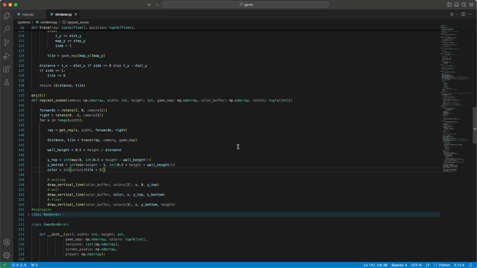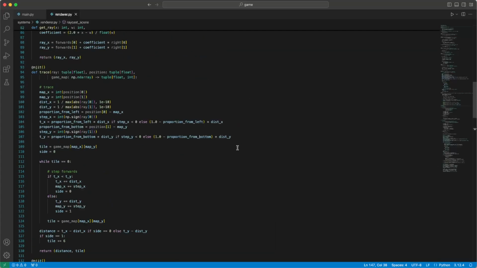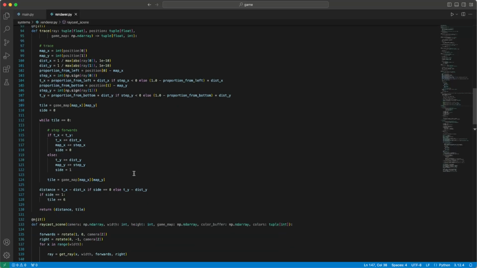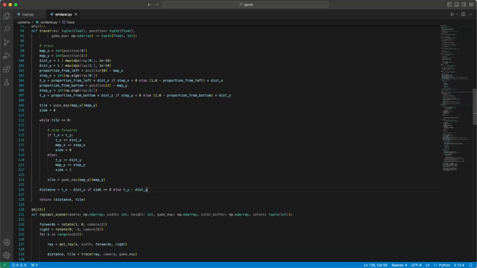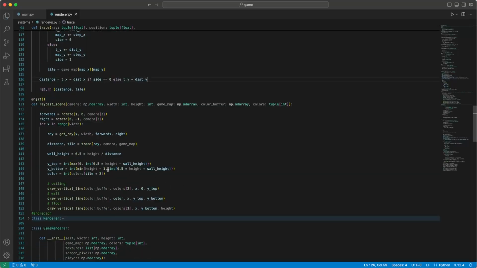Oh, something I missed as well. While I remember, when we trace, up here we're doing this check with the side and we're incrementing the color. I'm actually not going to do that anymore. I'm just going to keep the raw numbers as they are. And I'm not going to offset. I'm going to actually,